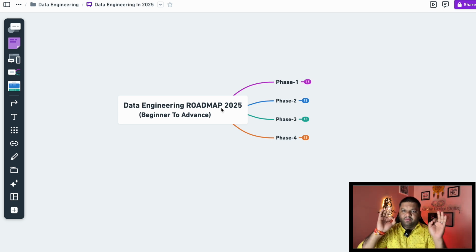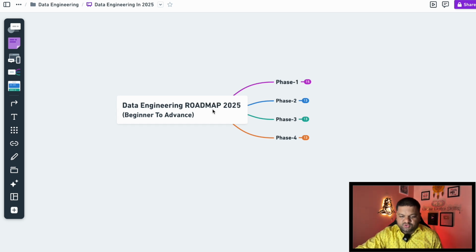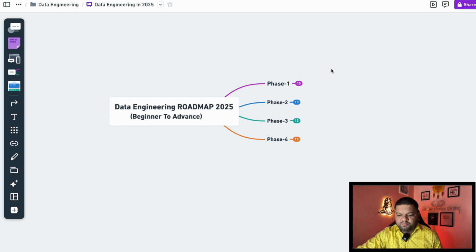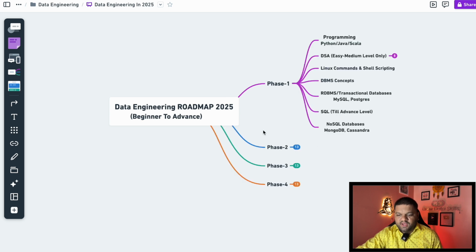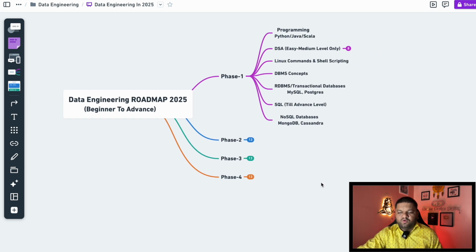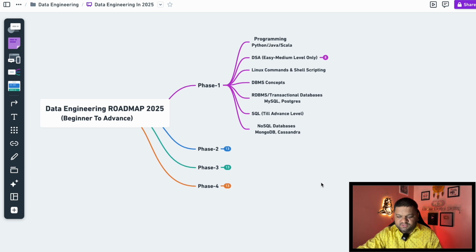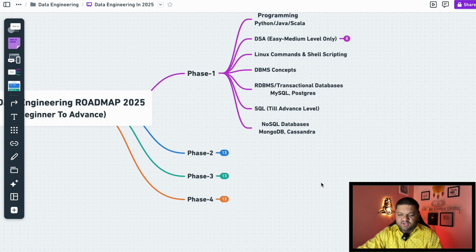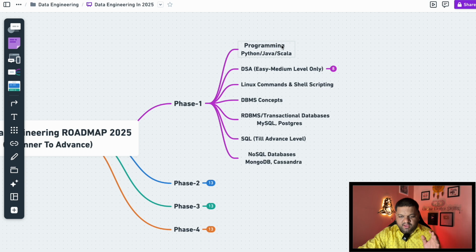So let's say I am considering you are a complete beginner, how you are supposed to start. So first, your primary focus should be this phase 1, right? In phase 1, you need to work on the ground level. And what is that ground level? Basically your programming part, like Python, Java, Scala, whatever programming language you are comfortable with. It's not a barrier for any interview, nothing like that. But Python, you already know, is most preferred in the data domain, so you can get started with that one.